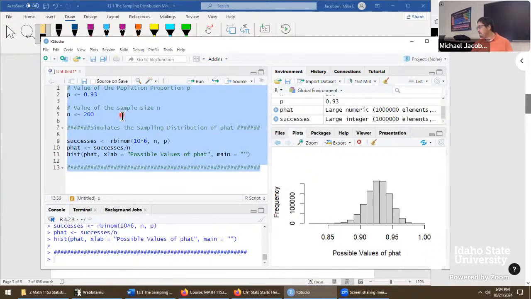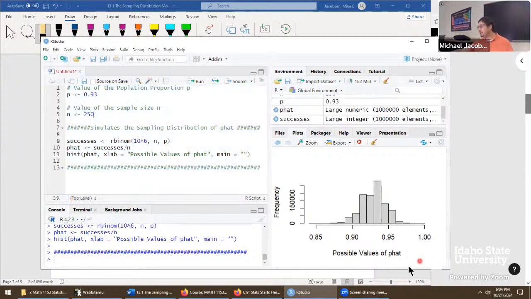And at 200, I'd say that's a big improvement. I'll leave this one up to the class. Would you say at 200, this is pretty good, or would you want to go higher? Let's go a lot higher. How about maybe 250? At 250, well, it got kind of a weird shape. Every time we run this, we have a different 1 million samples, so sometimes they look a little bit odd. But yeah, this is not looking too bad at sample size of 250. Kind of weird that it peaked a little bit right around here, but that's okay.